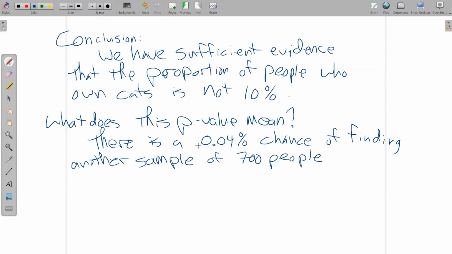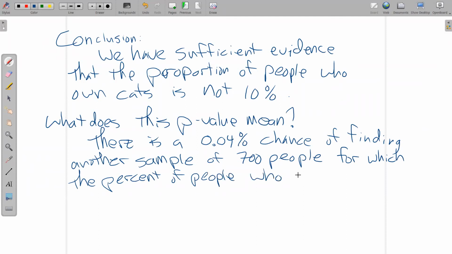Okay, so there's a 400% chance of finding another sample of 700 people for which, let's go with percent, the percent of people who own cats